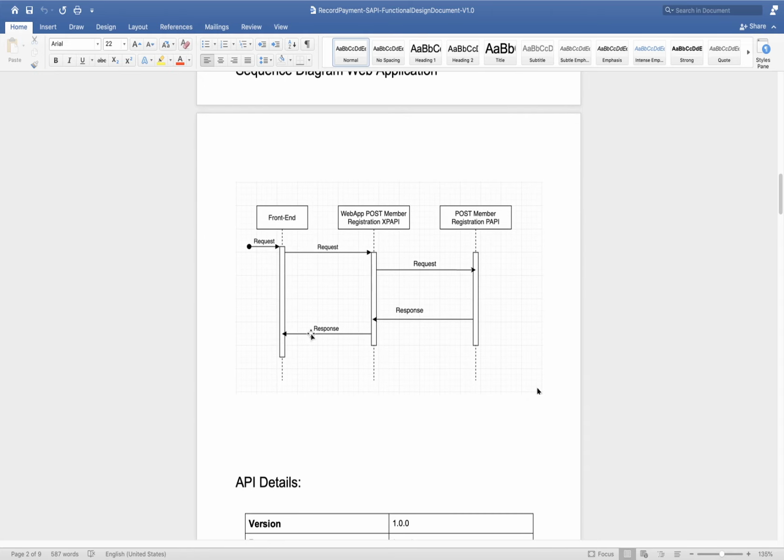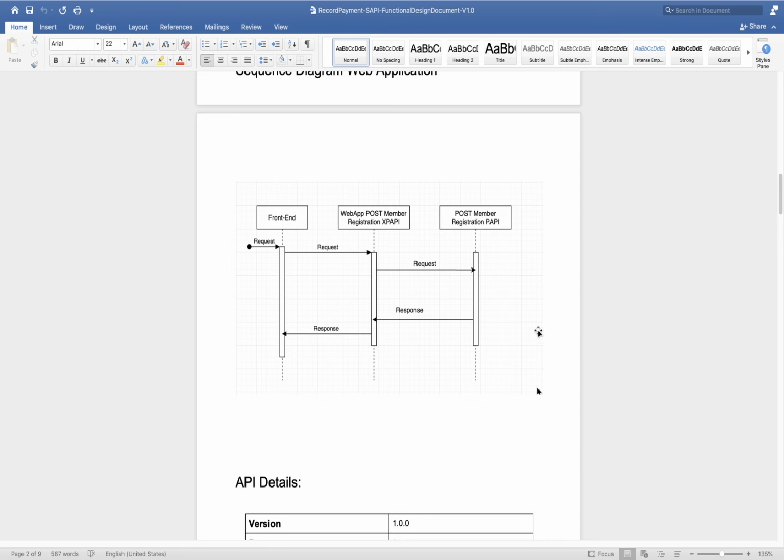After this, you can see we have a sequence diagram. In the sequence diagram, the front end will call our experience API, and this experience API will call the process API. We get the response back, and the member experience API will send the response back to the front end.